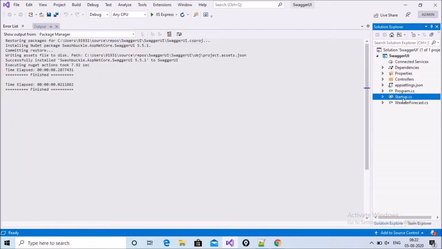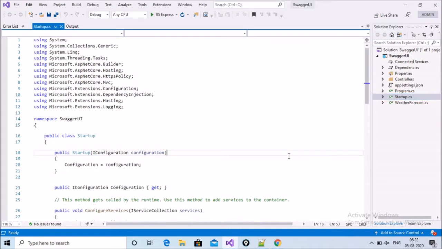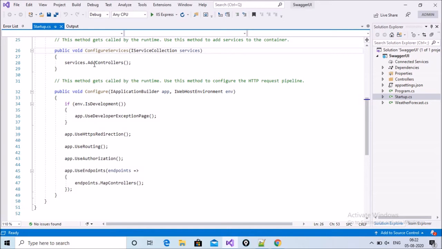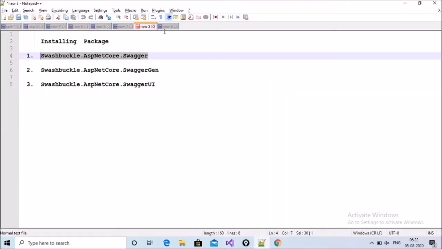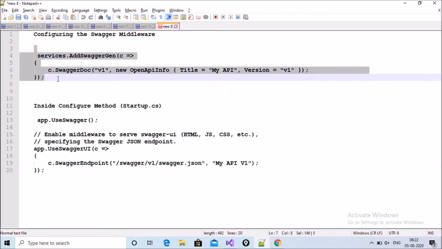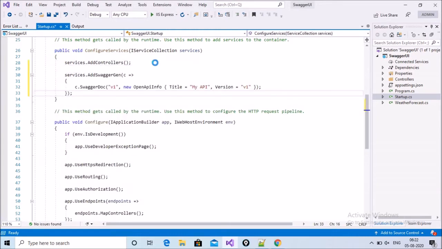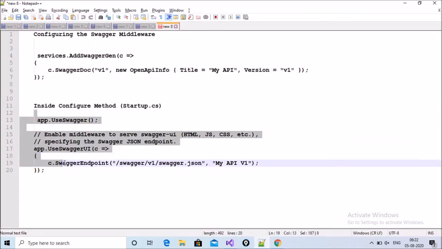We can see the startup.cs file here. Double click on this file, and it shows two methods, Configure and ConfigureServices. Inside the ConfigureServices method, we have to add this code.